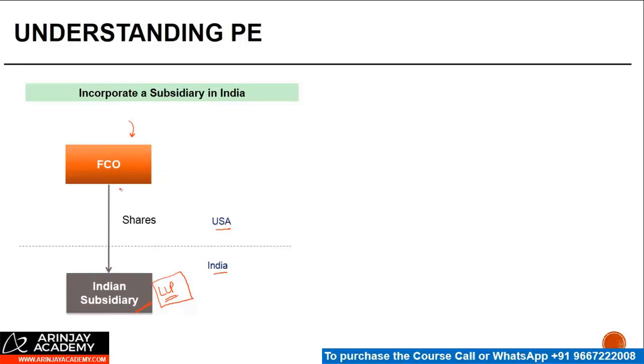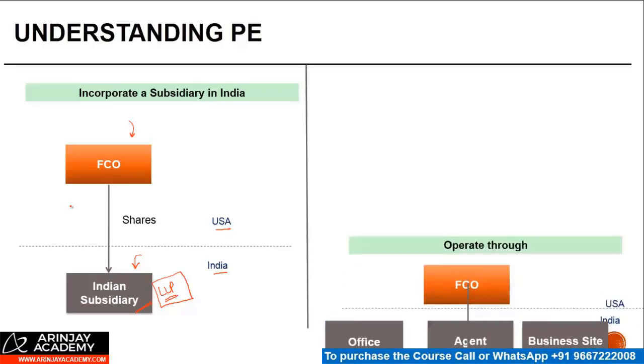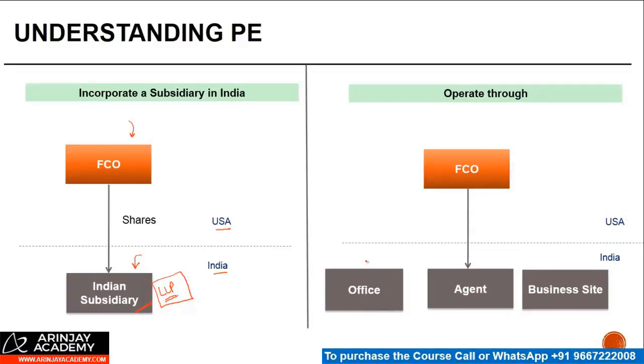But in many cases, these foreign companies may want that instead of setting up a local company or a local setup, right, by means of a corporate body, why not operate through an office? This office is owned by the non-resident, right? It could be in the form of a branch of the non-resident. So the legal form of the entity is the foreign company itself. There is no local legal form of entity,